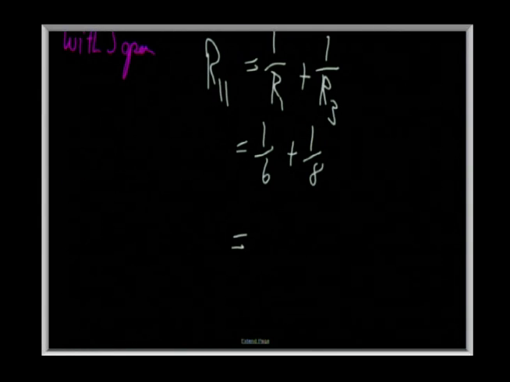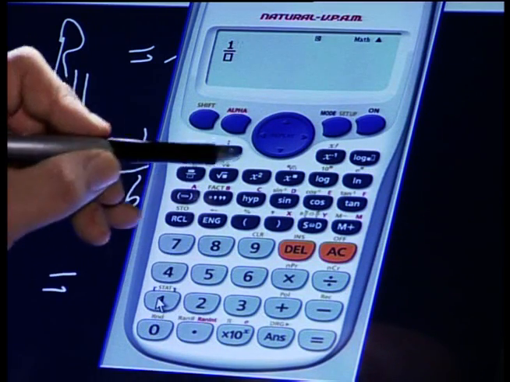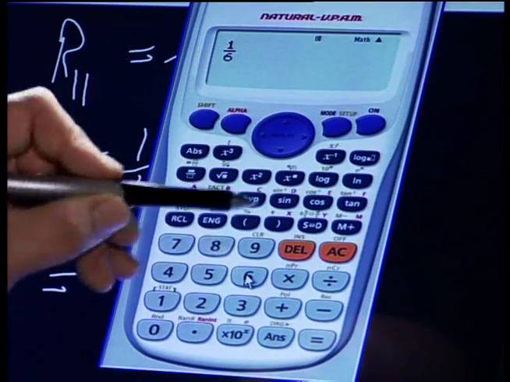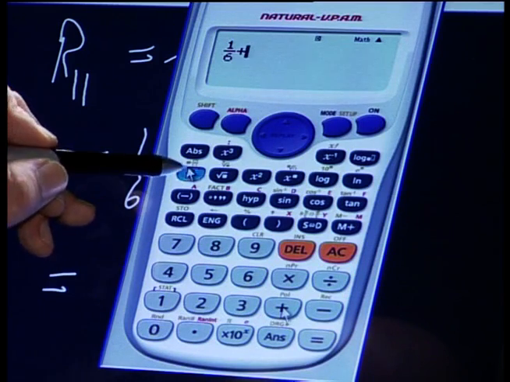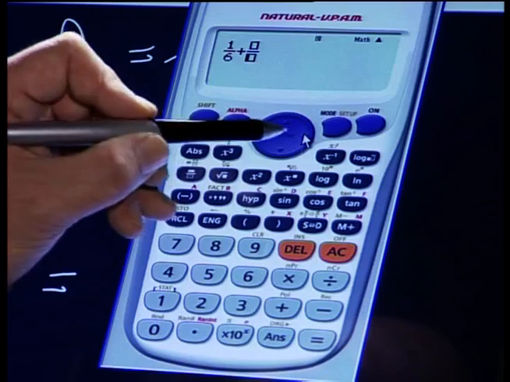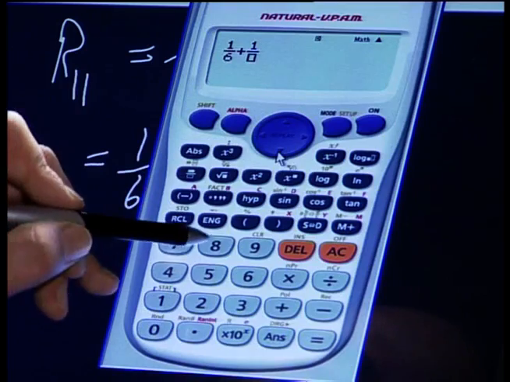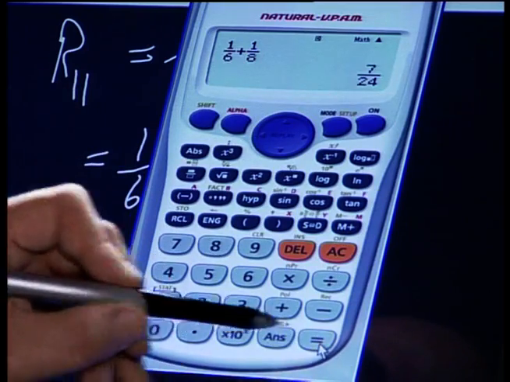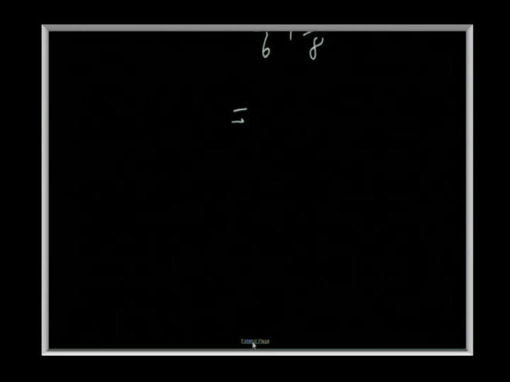And if you have to find the common denominator, you can do it in your head, or we can use the calculator. So we're going to go 1 over 6. Practice this. It's important that you know your calculator. Then 1 over 8, and we can go equals, and there it is, 7 over 24. So I'm going to write that down because I want to show you what you're going to do. You're going to say 7 over 24,